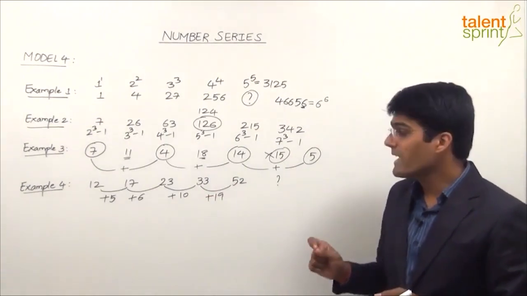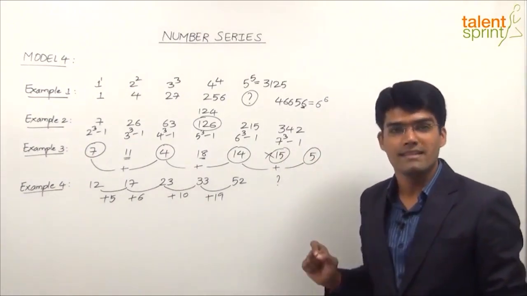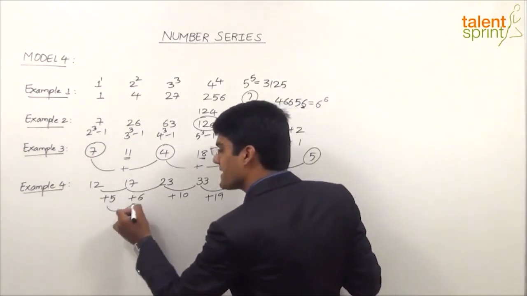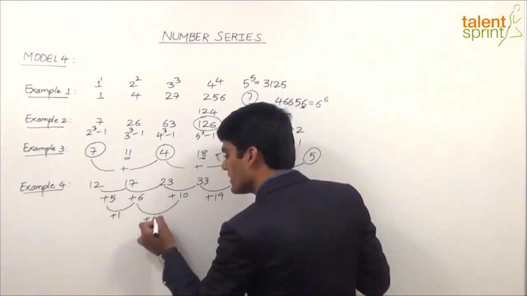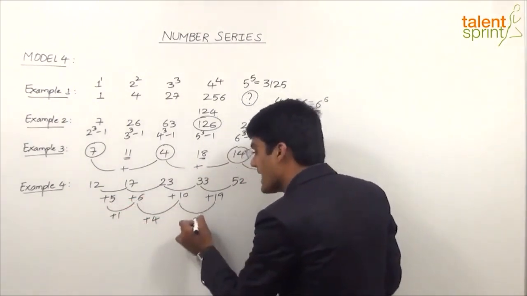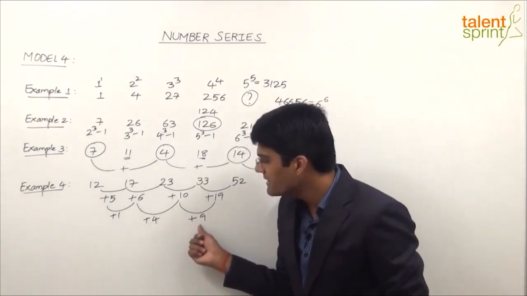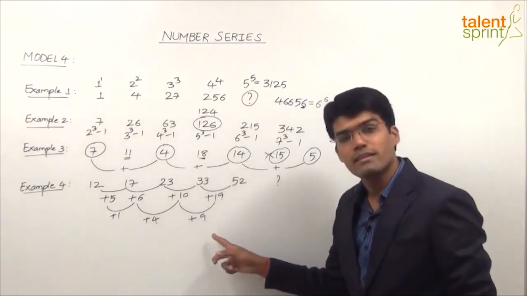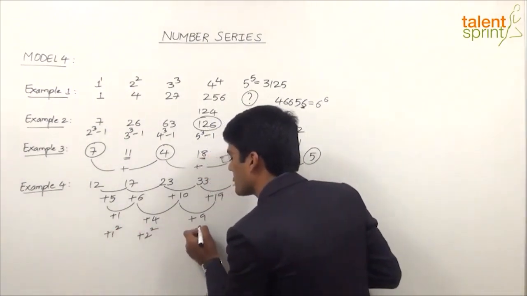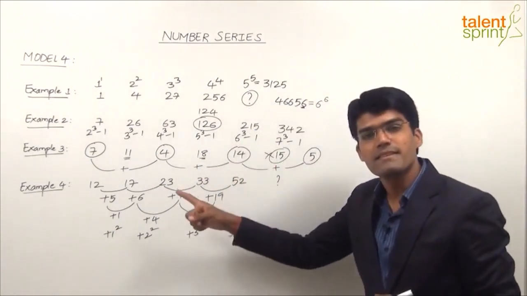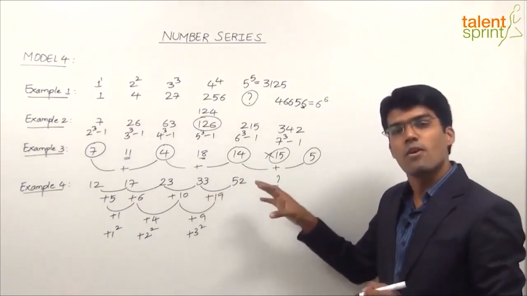But then if someone tries to observe the difference of the differences, then he gets the right answer. For example, 5 and 6, the difference is 1. So 5 plus 1 is 6. 6 plus 4 is 10. 10 plus 9 is 19. And now if you look at these differences, 1, 4 and 9, this is like 1 square, 2 square, 3 square. That is plus 1 square, plus 2 square, plus 3 square. So you find that the differences are not in a proper fashion, but the differences of differences form a particular